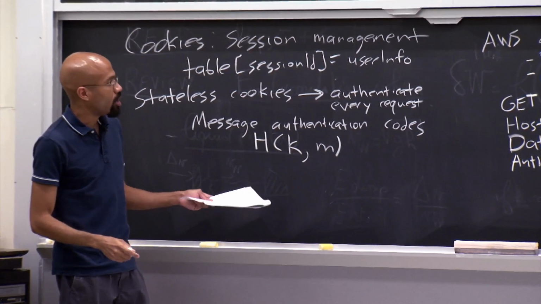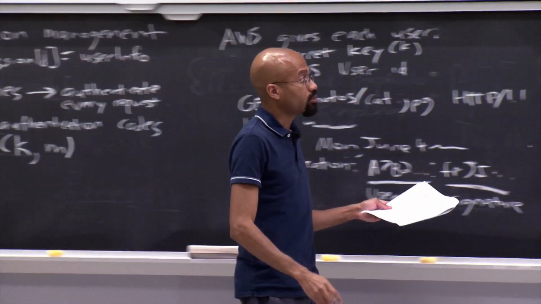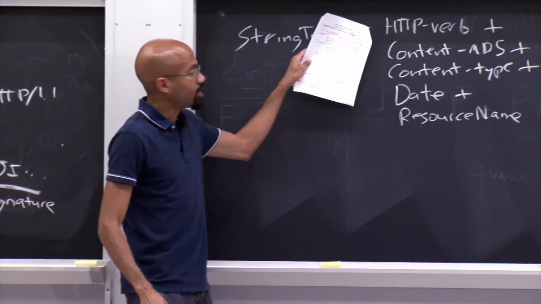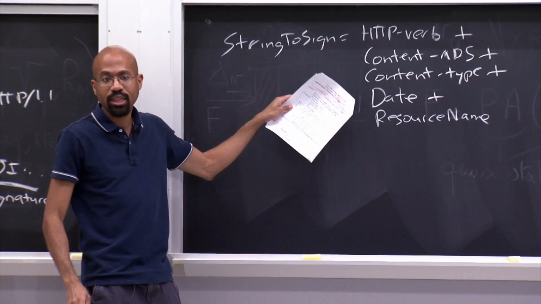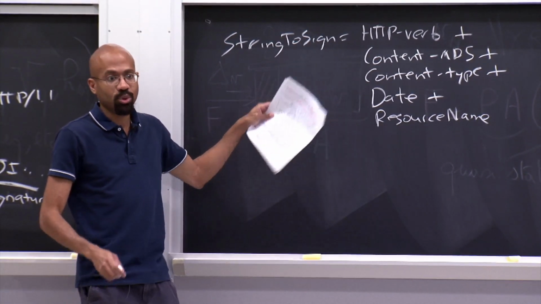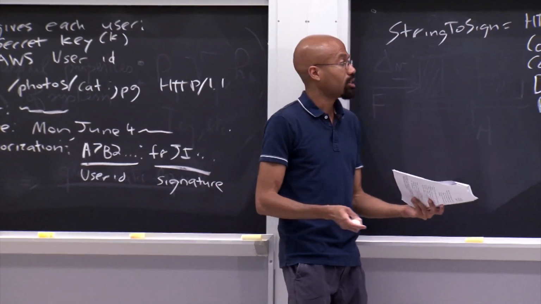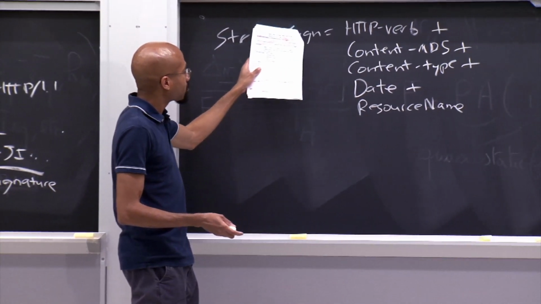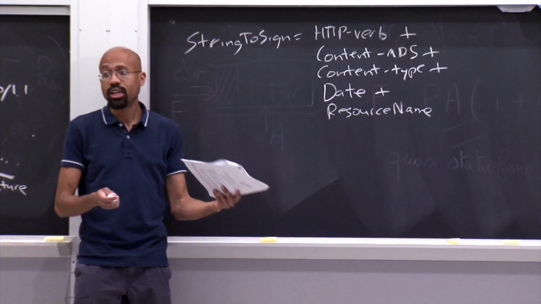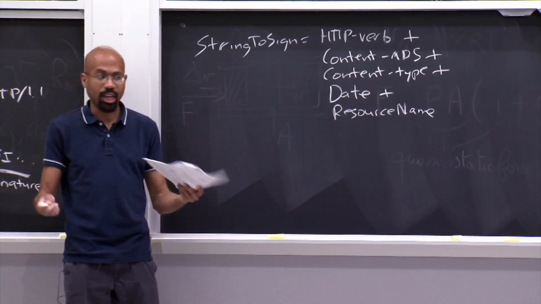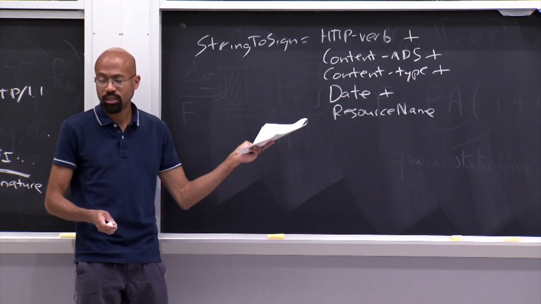Okay? And so note that the server can see all this stuff in clear text in the request, right? And so that's what allows the server to validate that that message authentication code is correct, right? Because note that the server shares that key with the user. So that allows the server to validate that kind of stuff. So does that all make sense?